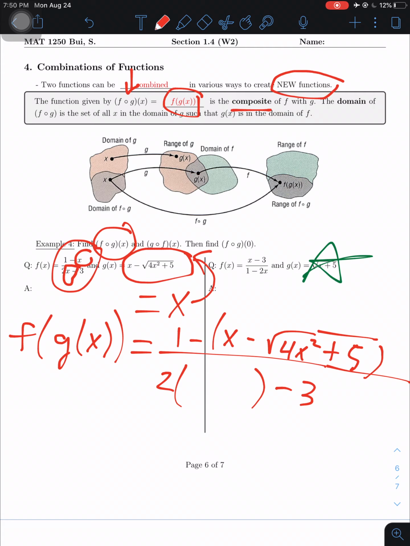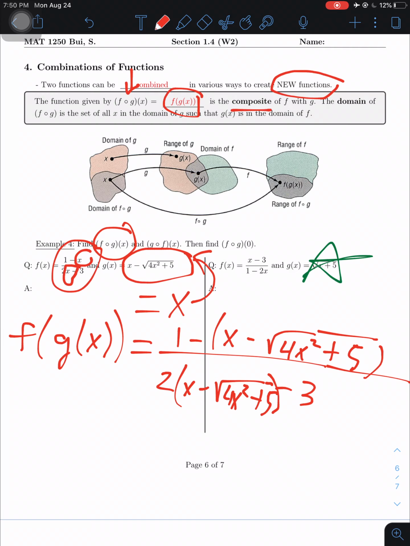Okay, and in here also, to replace X, I'm going to write X minus square root of 4X squared plus 5. The 5 has to be inside the square root, but I'm running out of space, so let me just do it like this. There we go. And this is my 5, my weird 5. Alright. Unfortunately, we cannot simplify this one further because it looks ugly enough,